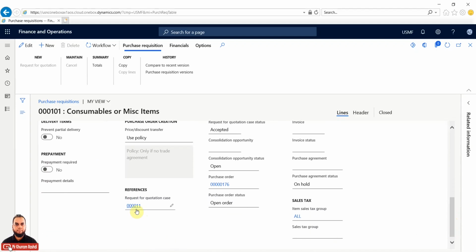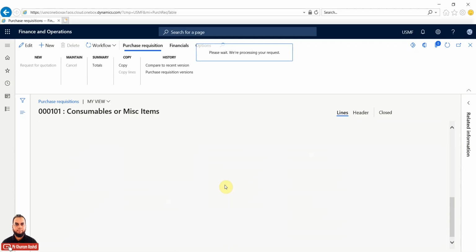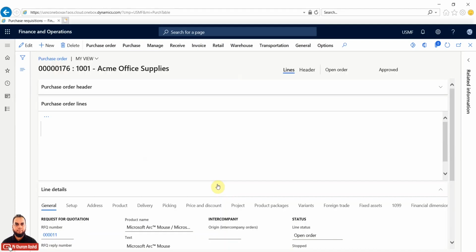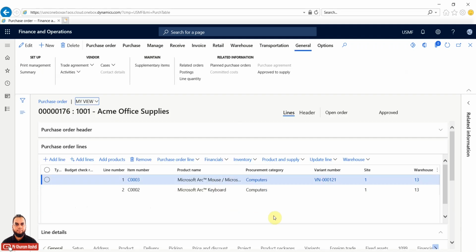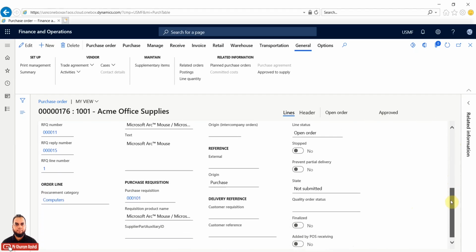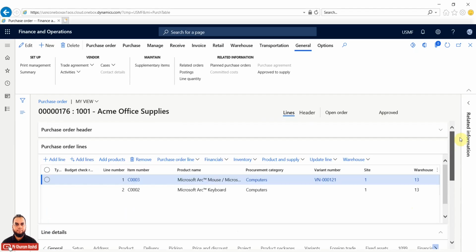Here you can see the RFQ is also linked, and the purchase order which was generated is also linked to this purchase requisition line. I can just click from here and directly go to the purchase order, or if you want to go from the module, that is also possible. And now the purchase order is already opened here, and you can see it is in approved status, and from now on we can process from the purchase order, which is a commitment to the vendor that we will purchase these items